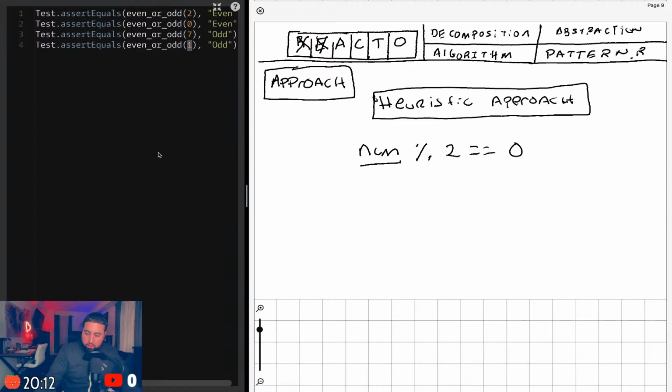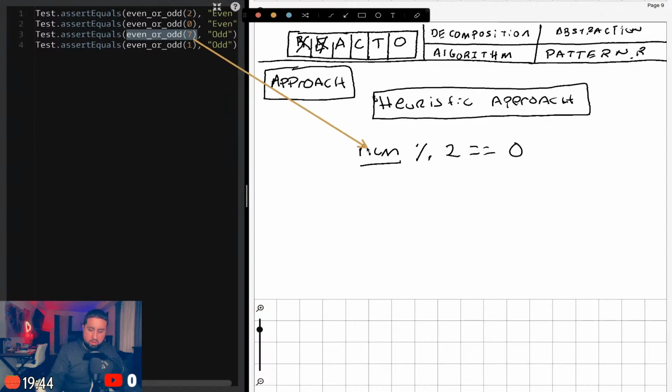I don't think I need to loop through anything, right? I don't think I'm using an iterative approach. Every time this function is called, it's just one number being passed in. So I take that number, I take this number 7, plug it in here, so we get 7. 7 divided by 2 has something left over, which is 1. There's 1 left over,